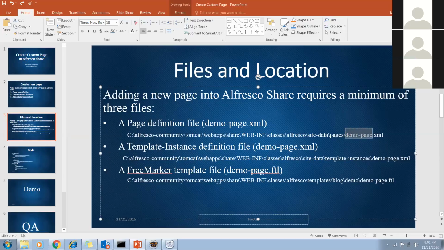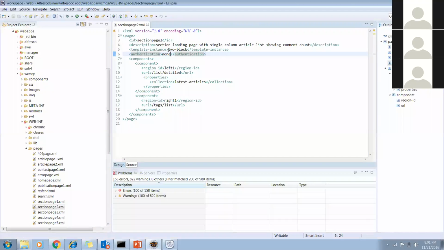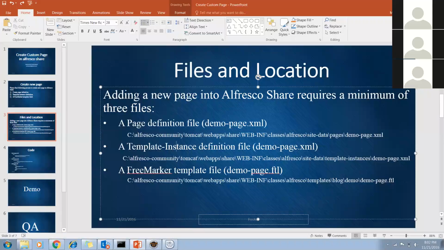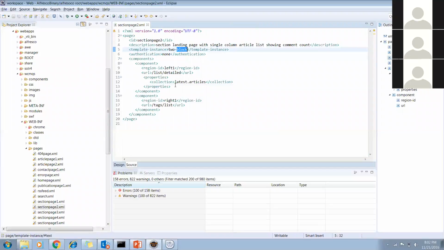Once you create this demo page.xml, inside it you define the template instance. What template should be looked up for this page? Which kind of template do I have to call? So you have to give the template instance name here. Like here it is written two-block, right? Are there any certain standards for this template instance name?